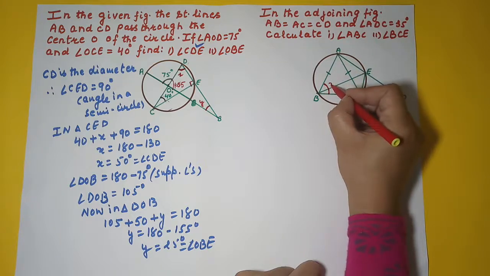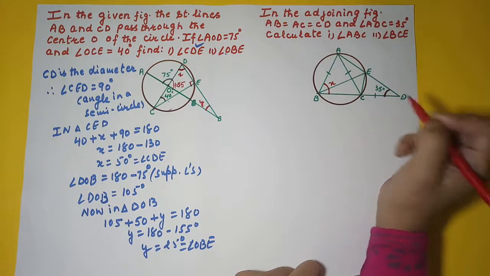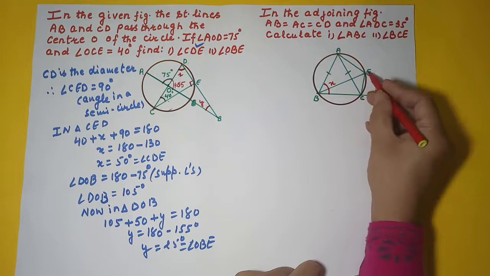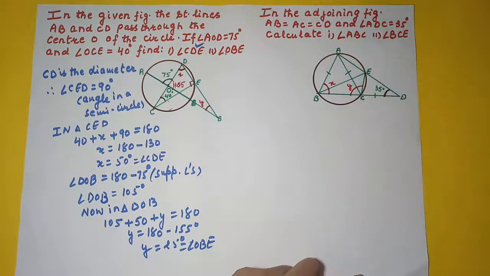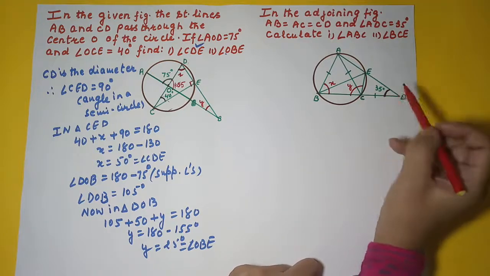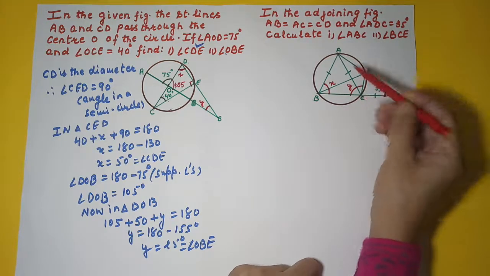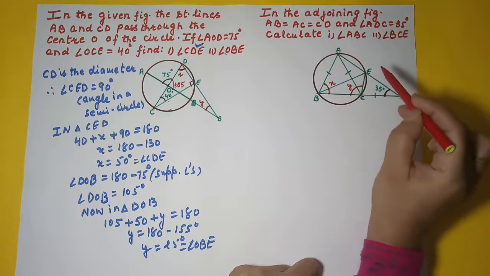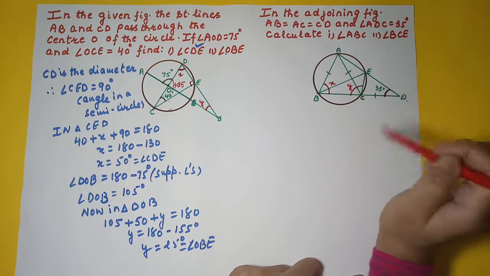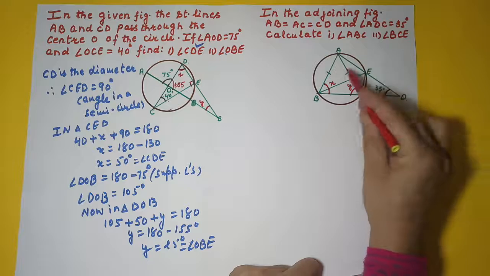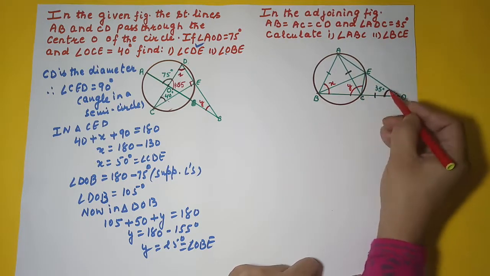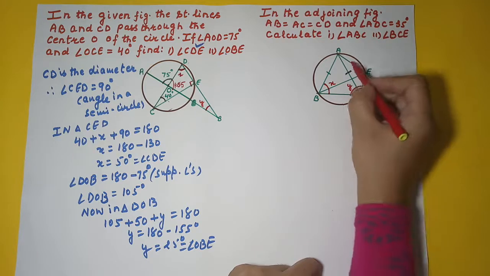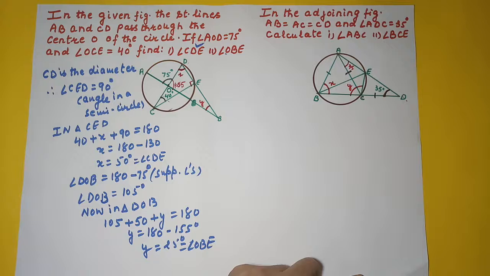And let's name this angle as X. And angle BCE, that means this entire angle, let's name this angle as Y. Now, if you look at this triangle CAD, you should always look at what is given to you and use that data to find whatever you have to calculate. Since this side is equal to this side, this angle will be equal to this angle. So this will be 35, right?